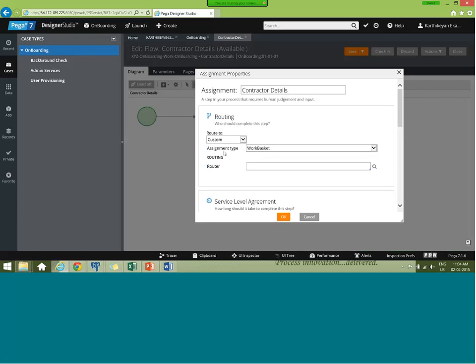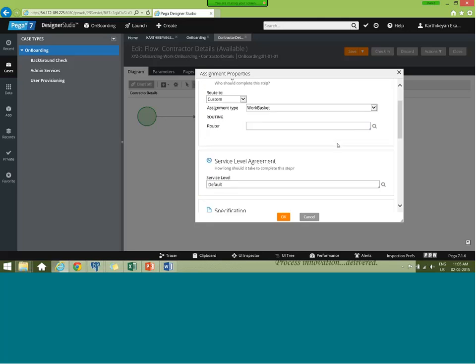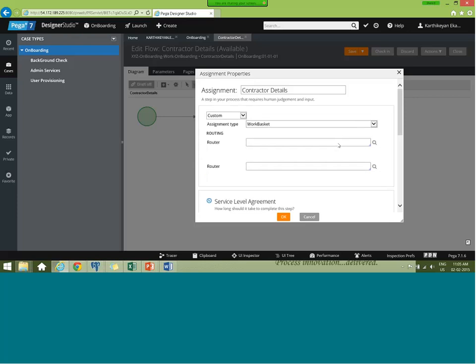So you people have seen router shapes, right? In versions before 6, right? There are no router shapes in 7. Even in 6.2 we don't have any router shapes. Got it?